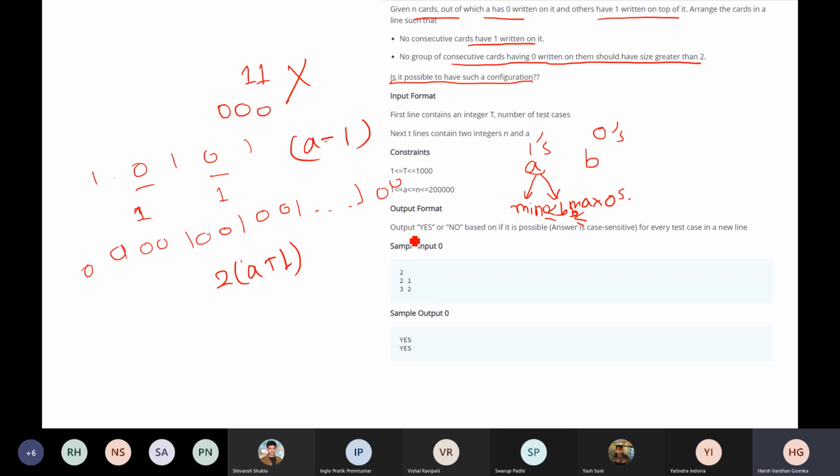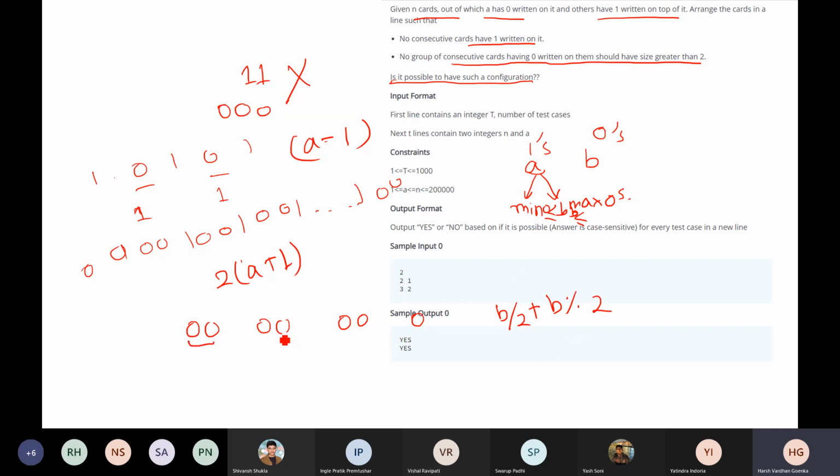So let's fix the number of zeros now. So b zeros are there. What we see is that if we group them into two groups of two, we get the minimum number of ones. So let's say b, we group it into groups of two. But if b is an odd number, there will be a group with a singleton zero, meaning a single zero will be there. So basically there will be b by 2 plus b mod 2 groups.